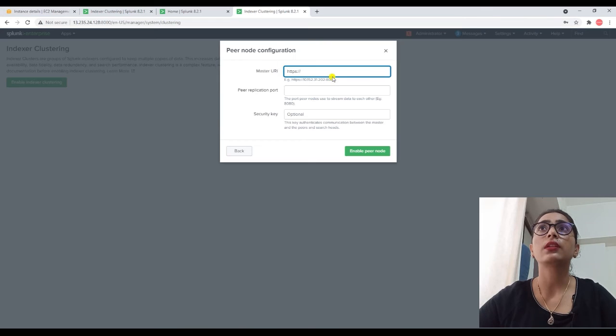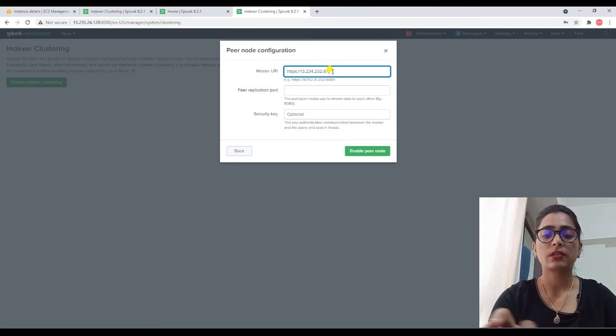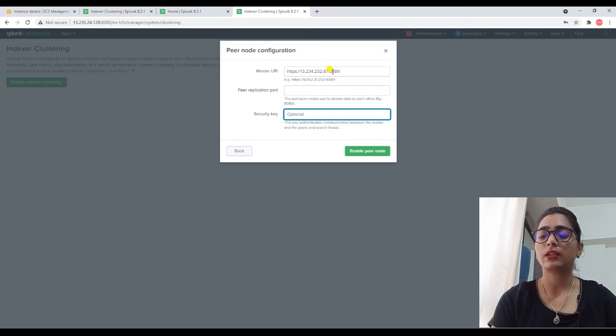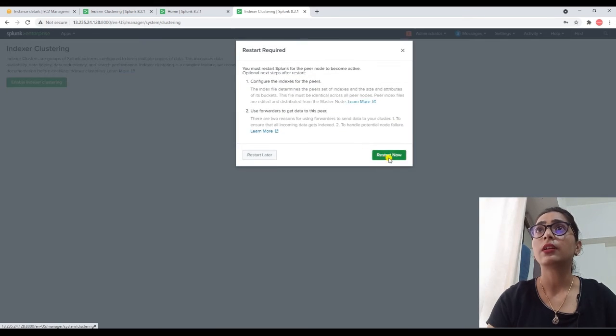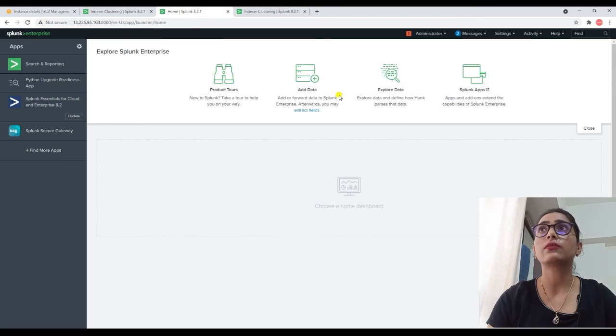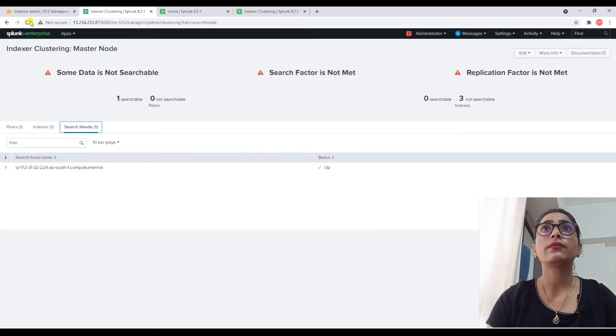Let me copy this and put 8089, and in this we will use 8080, then Enable and restart now. This machine will be restarted and we will see there will be two searchable peers.